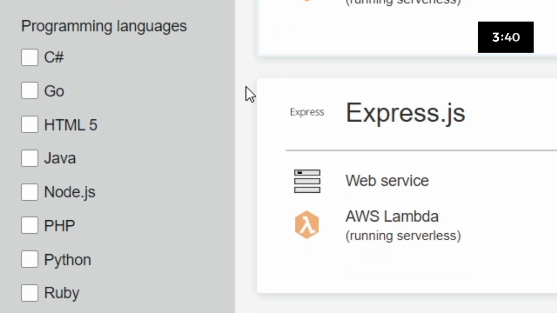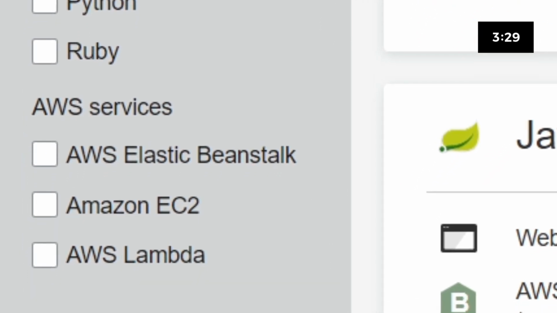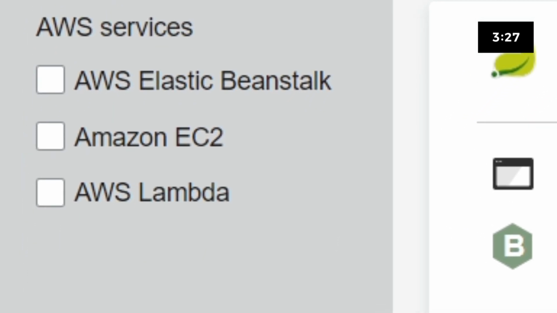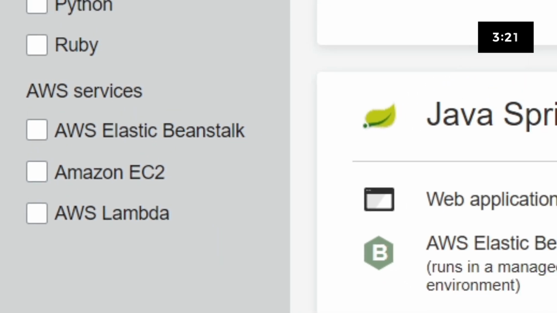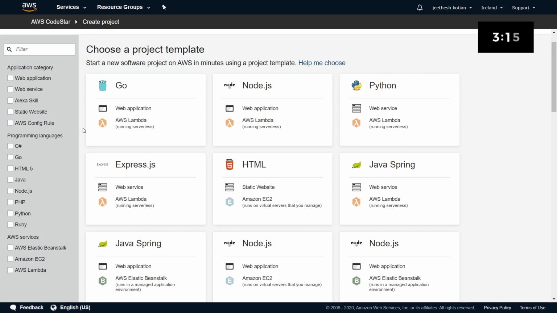The second part of a template is the programming language: C#, Go, HTML5, Java, Node.js, PHP, Python, Ruby. And the third important thing is the AWS services it will use: AWS Elastic Beanstalk, Amazon EC2 and AWS Lambda. So each template will have all these three parts together. You will find a lot of combinations in these templates. You can just select whatever combination suits you and you are good to go.